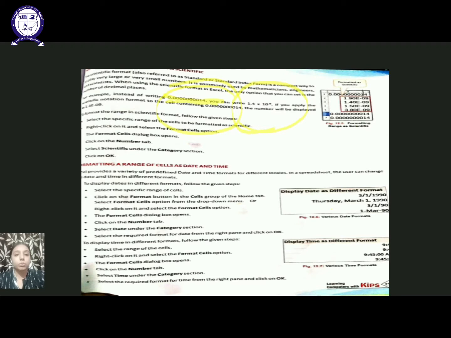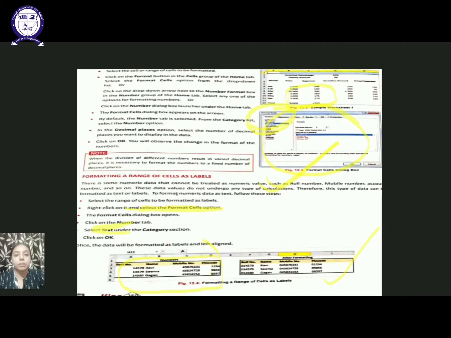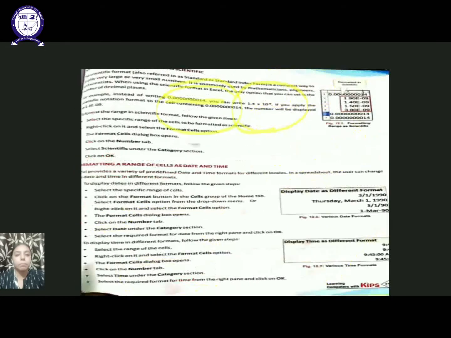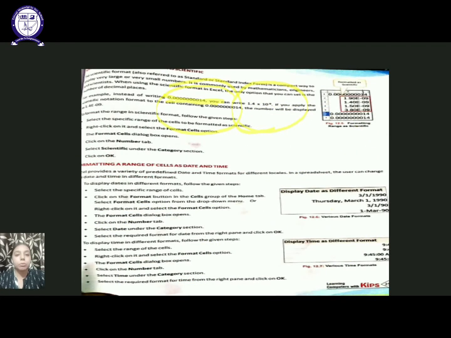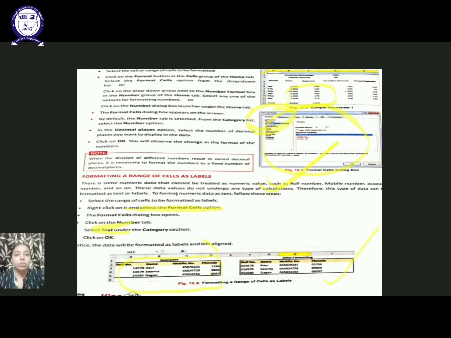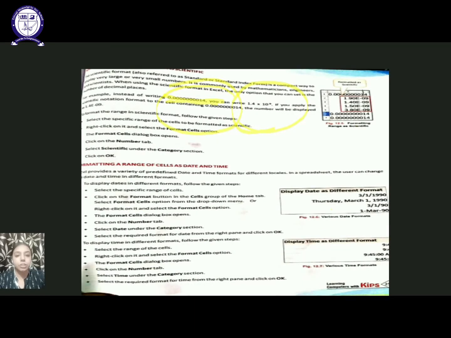So what you are going to do is right click and choose the format cells option. The format cells dialog box will appear. Again you have to click on the number tab, and after clicking on the number tab you have to click on the category section and select the category time and select the required format of the time.